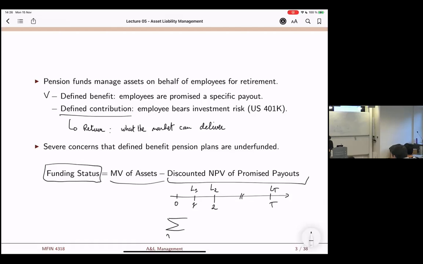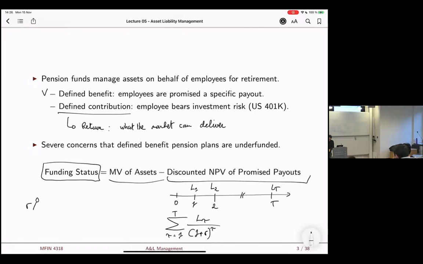And what you're going to do is take the discounted value of your liabilities. Right, so here I'm taking a constant discount rate across maturities, but you don't have to do that. Okay. Now, what you see here is that which discount rate you choose is going to be very important for your funding status, right? And it's not hard to realize. If I discount my liabilities at a higher rate, well, this will deflate my liability side and would make my assets look better compared to my liabilities, right? So I'm going to increase my funding status, right? If I choose a higher R, my funding status